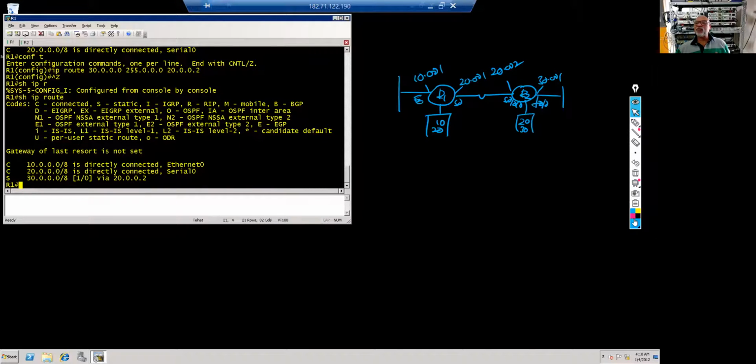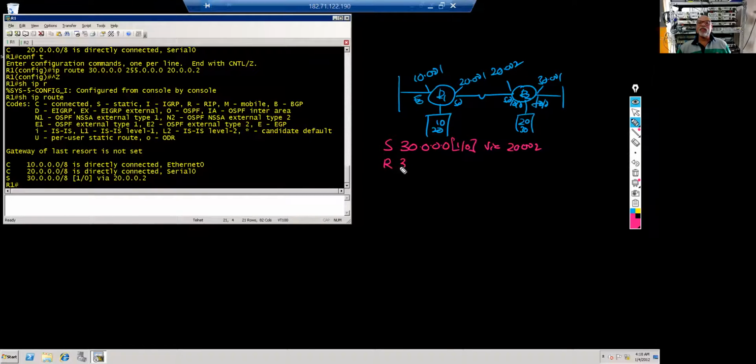As for the static route, I'll explain now in a different way. Yes, static route. The 30 network, S is static, 1/0, go via 20.0.0.2. This 1/0 is important.